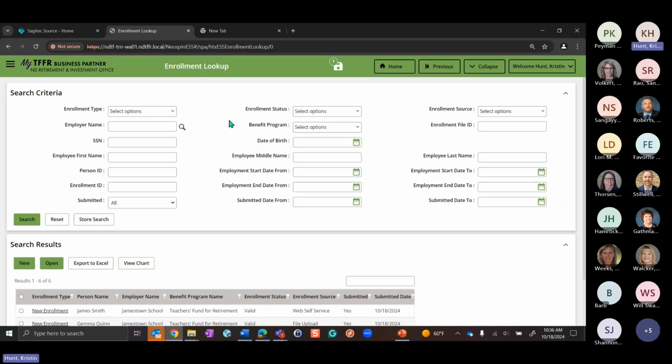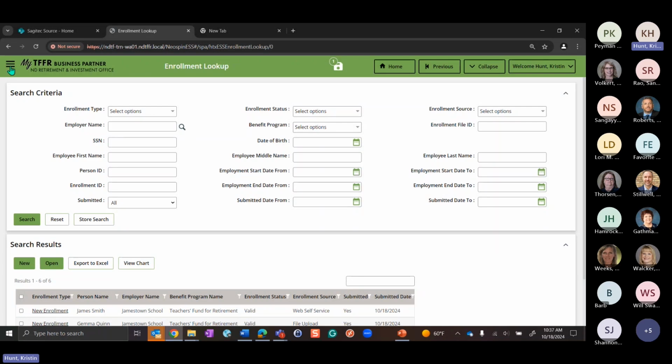Okay, the next thing I want to show is, let's see. Next is employer payroll. So I'm going to show how to upload an employer payroll file, and then I kind of want to show you guys how to do a copy forward. And I'll talk about that when I get there. But the first one is if you have, it's time for payroll and you have that file and you need to upload it, how would we go about doing that?